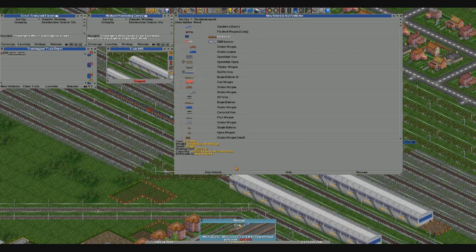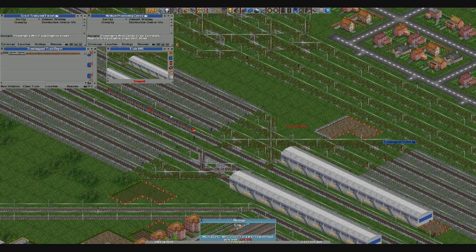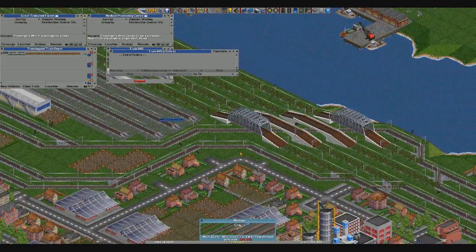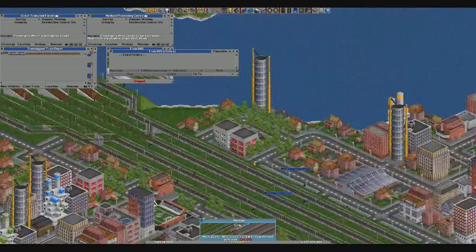Right, wood. I'm going to go with the stake cars, because I think they look pretty cool. I'm going to take this up to a length of 8, like so. Pin U and pin U. Okie dokie. So first things first, this train is going to go